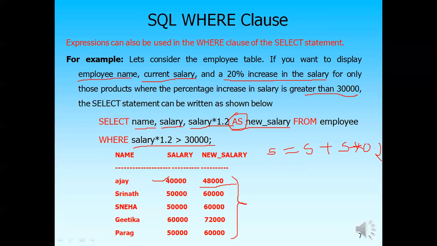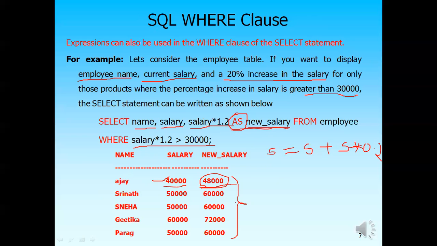And if you want to give a temporary name to the new column, this will be a temporary column, and that will only appear on the screen in the result. That will not be added into the table. This new salary is the temporary column that we have named increased salary. So my result will be this: name, salary, which is my original salary, and after the 20% increase in the salary, this will be the new salary, that is 48,000.